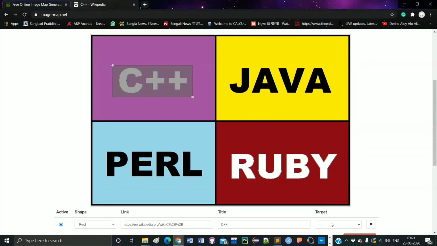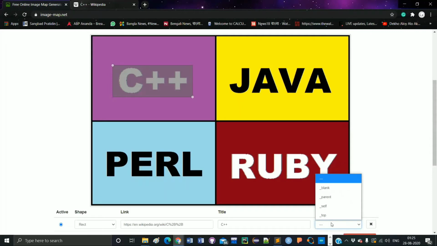So where that web page is going to be reloaded, that means I want to say that your new web page is reloaded in a new tab, or in the current tab, or in the parent tab. So where your web page is going to be reloaded is decided by this target attribute, and there are 4 different attribute values inside this target. You can see that is blank, parent, self, and top.